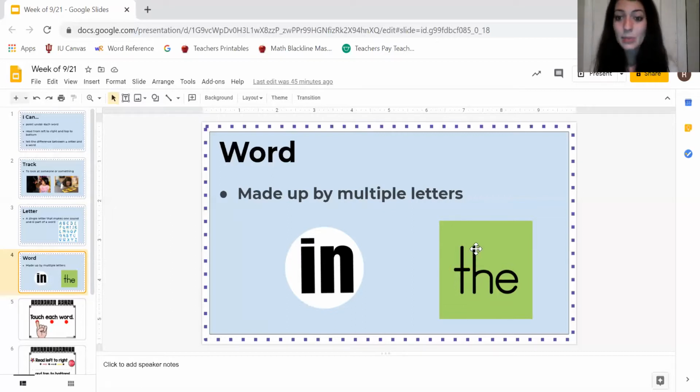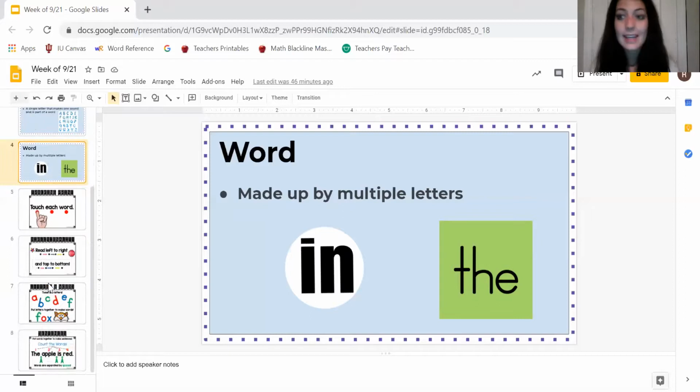The next word we have on our screen is the word the. The word the is made up by the letters T, H, E. 1, 2, 3 letters make the word the. Awesome. Okay, now that we know our important words for our lesson today, we're going to look at our anchor